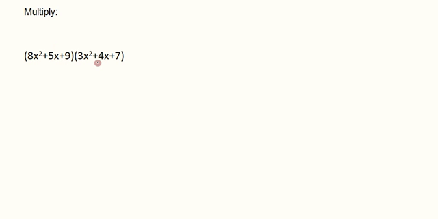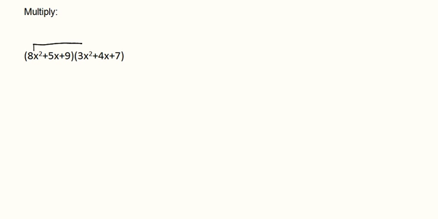We want to multiply these two polynomials. We've got a trinomial times a trinomial. So we're not able to use the FOIL method exactly, but what we do is similar to the FOIL method, works the same way. What we'll do is we'll start with the first term in this polynomial, the 8x squared,